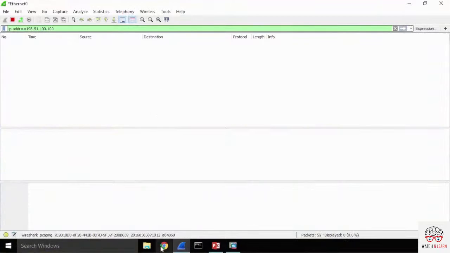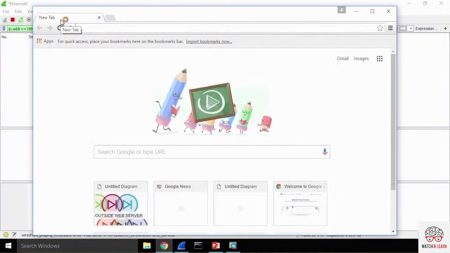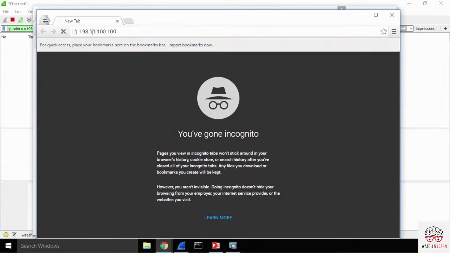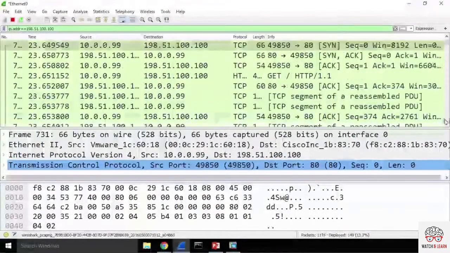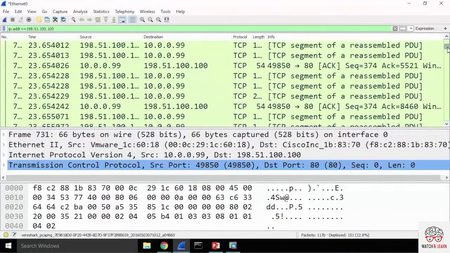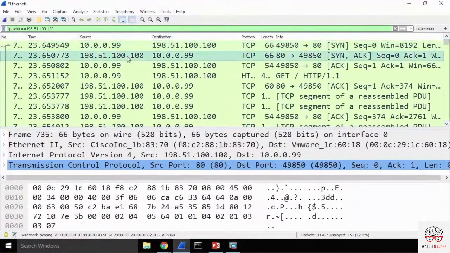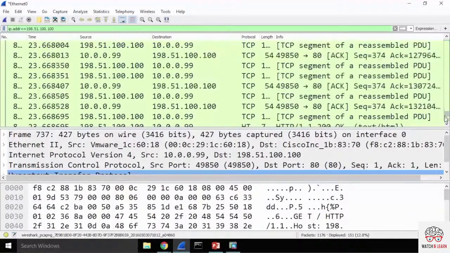And apply that. We'll open up Google Chrome again. I'm going to open up an incognito window here so that I get a very fresh, cache-less session. We'll browse to the website and capture what's happening. Stop my capture, scroll right up to the top. We have the SYN message we're sending from my inside workstation to the web server. We have the web server replying with a SYN ACK, and then I'm replying with an ACK, and then I'm